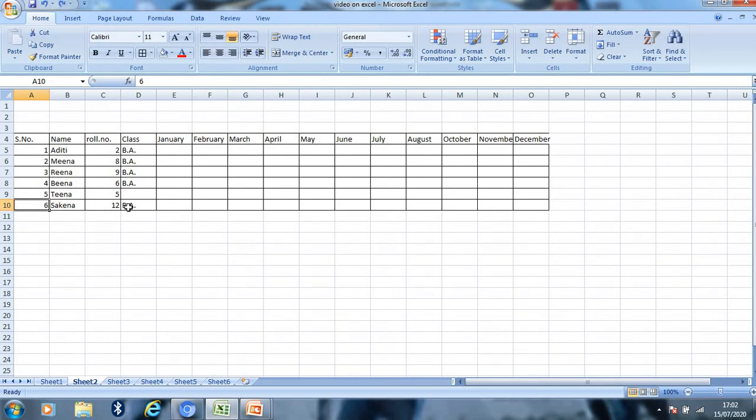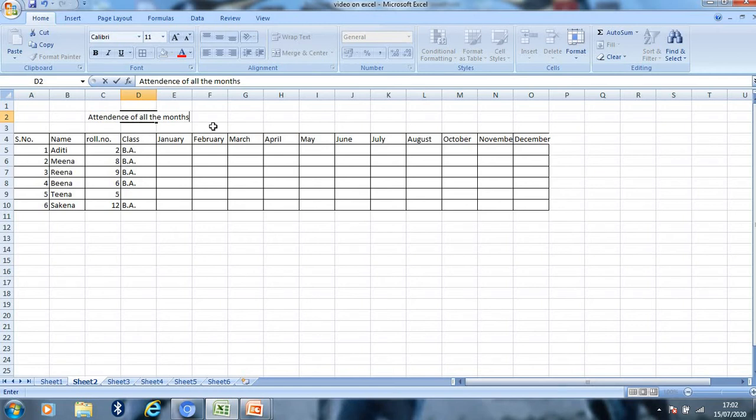Now merge and unmerge cells. For example, I have to give a heading to my table. So for example, my heading is attendance of all the months.